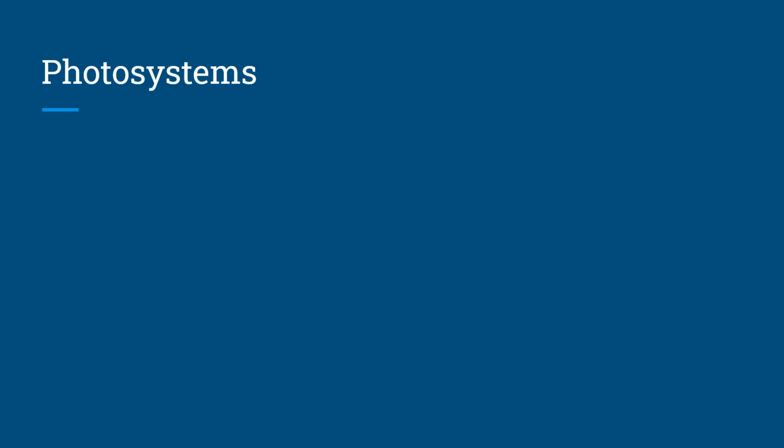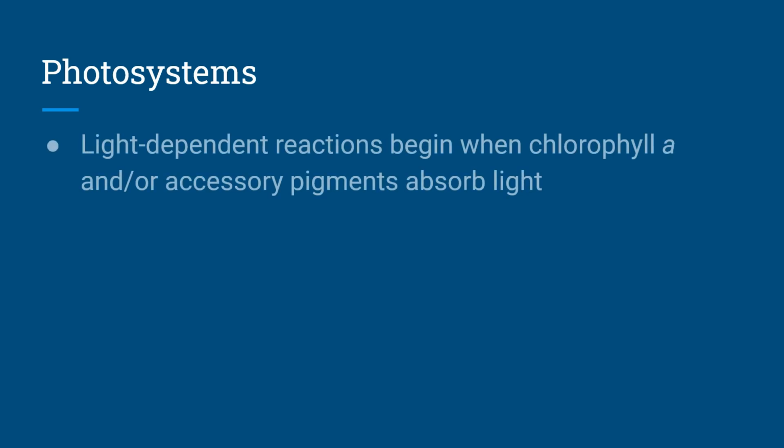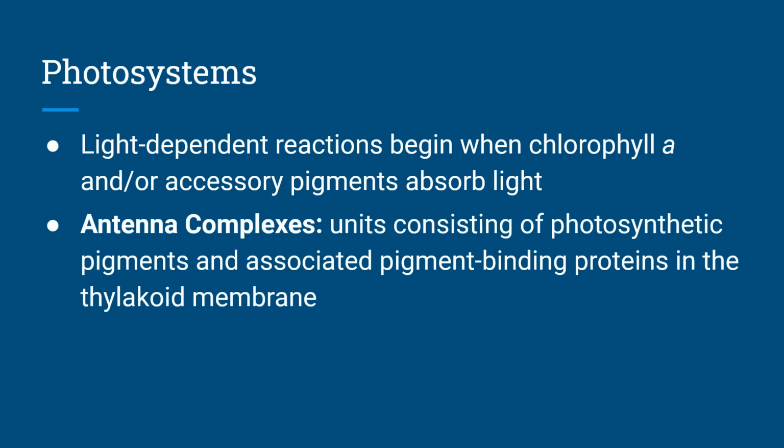A critical component of the light-dependent reactions you need to understand are photosystems. Photosystems consist of a variety of components, which I'm going to lay out here. Light-dependent reactions initially begin when chlorophyll A and/or accessory pigments absorb light. These pigments are organized into antenna complexes, which also contain pigment-binding proteins in the thylakoid membrane. The pigments and proteins are arranged in highly ordered groups that include about 250 chlorophyll molecules associated with specific enzymes